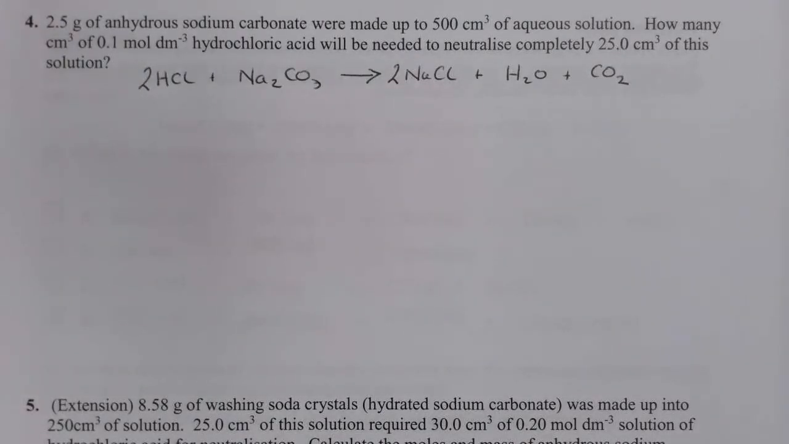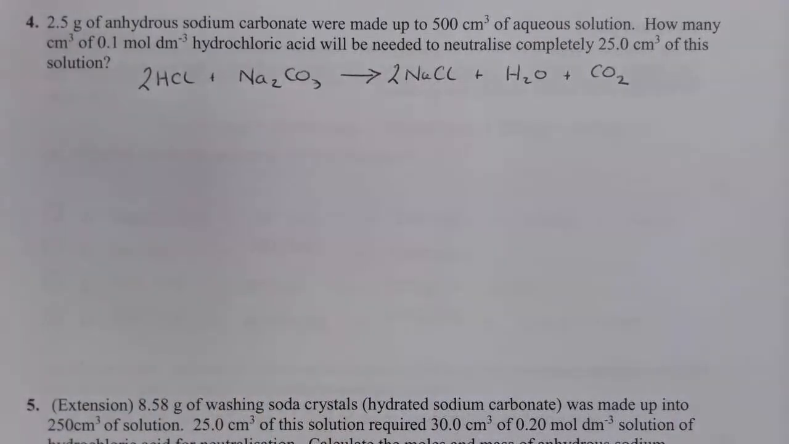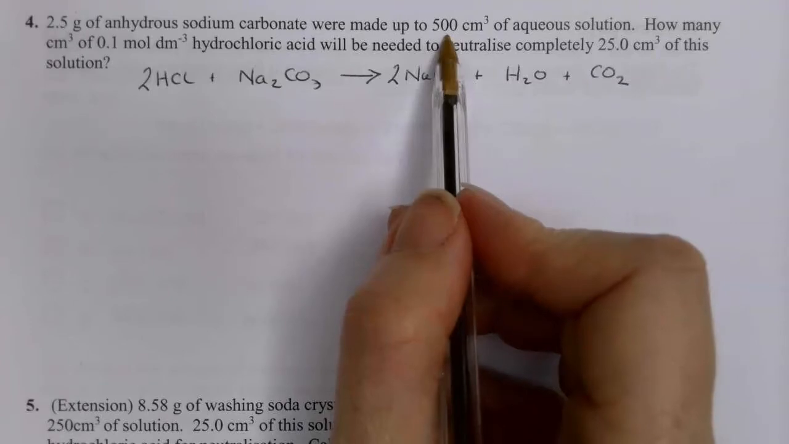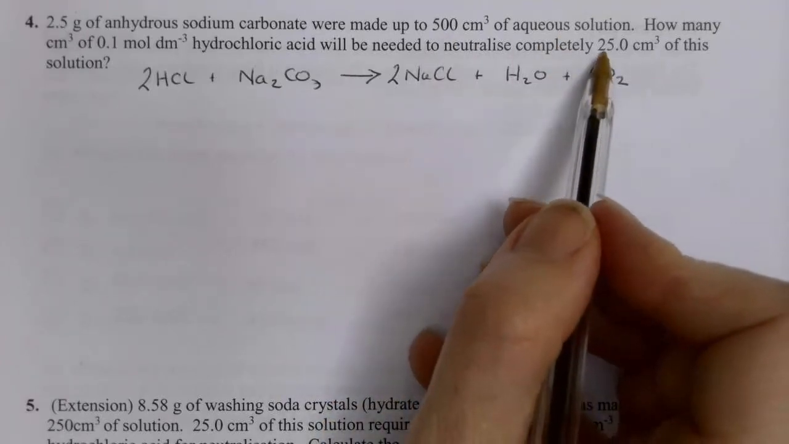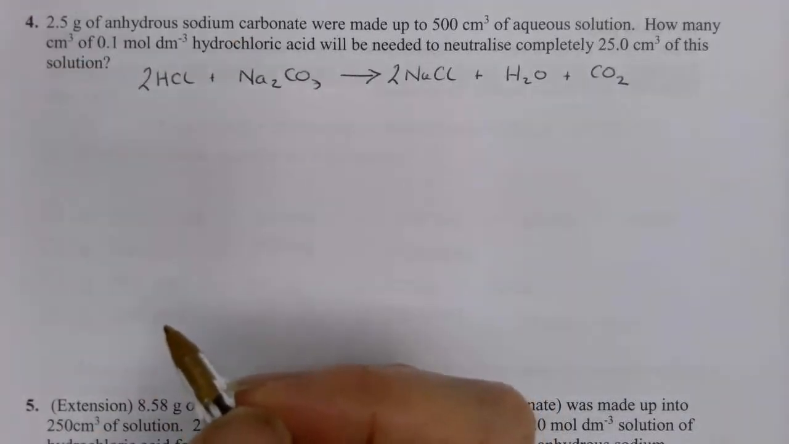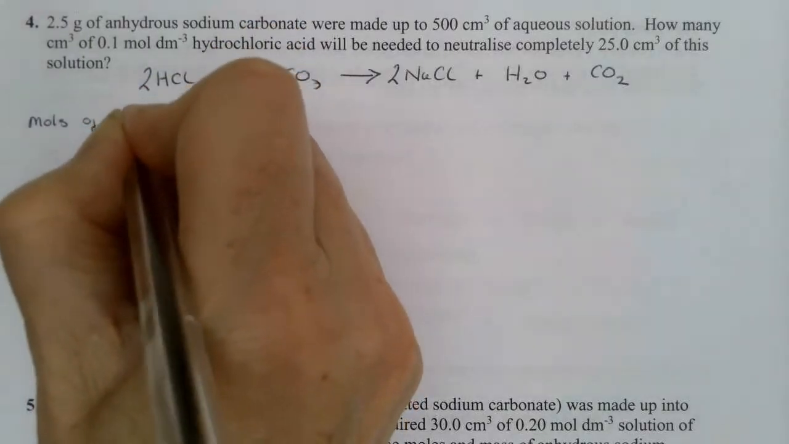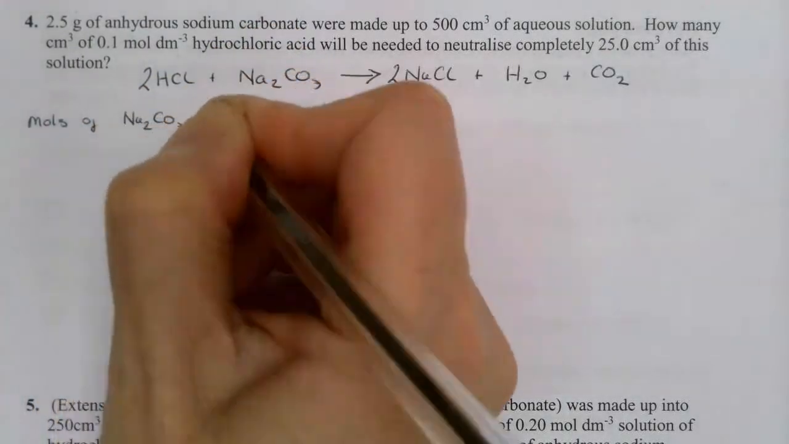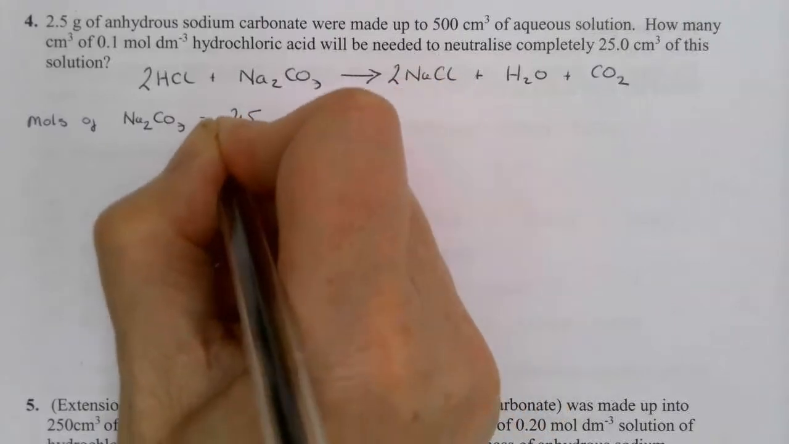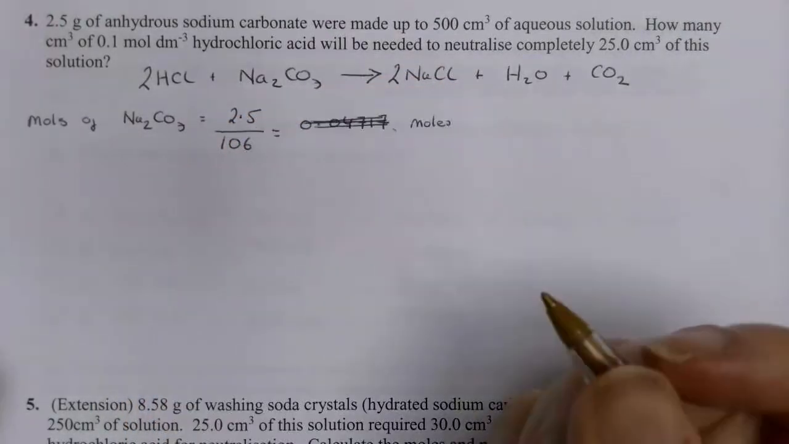Now what I need to do is to work out the number of moles. So this time I need to start here with this 2.5 grams of my sodium carbonate, and I know the volume it's made up in, and I know how much I took out to neutralize my hydrochloric acid. So I've got 2.5 grams of my sodium carbonate. So the moles of my sodium carbonate, Na2CO3, is my mass, 2.5, divided by the RMM, which is 106, and that gives me